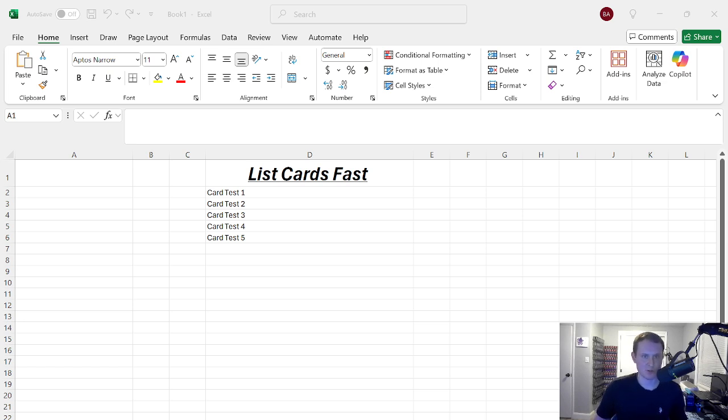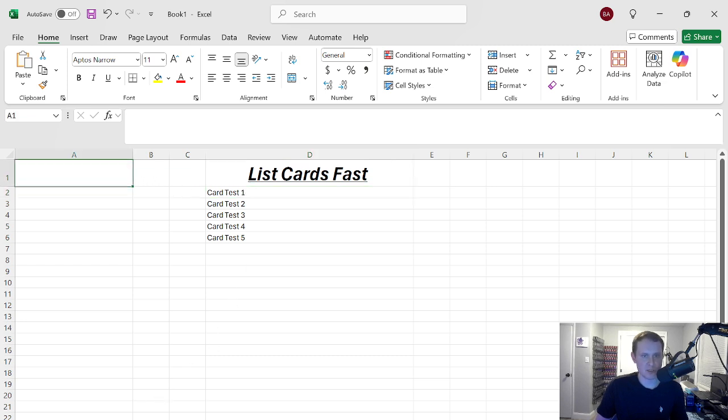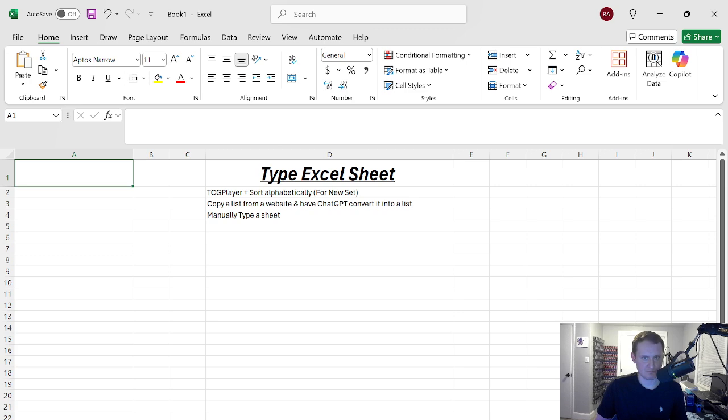We're going to act like card test 1 through 5 is just card names. Let's say you bought a new Yu-Gi-Oh set, like you got a case of it, and you have a lot of uploads to do. So we're going to use these as the cards. We have our list here, which you're going to want to craft, but we'll get to that. So once you have your list ready,